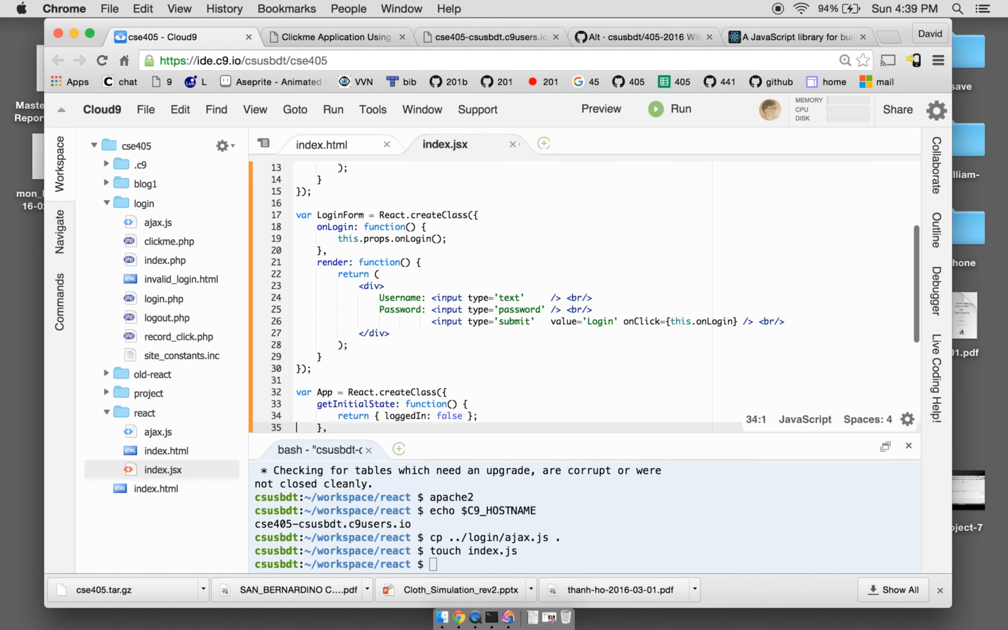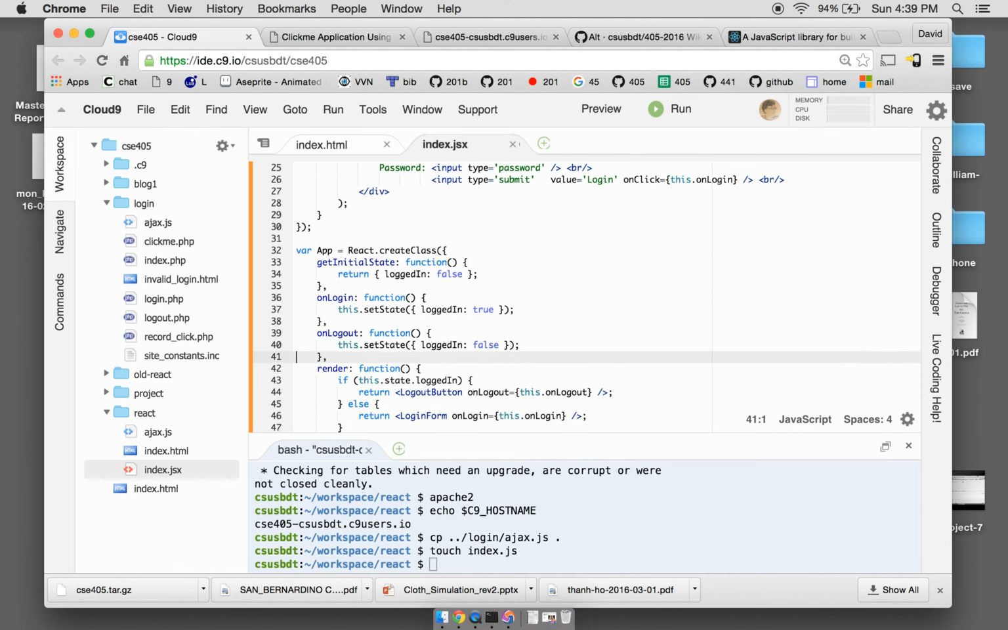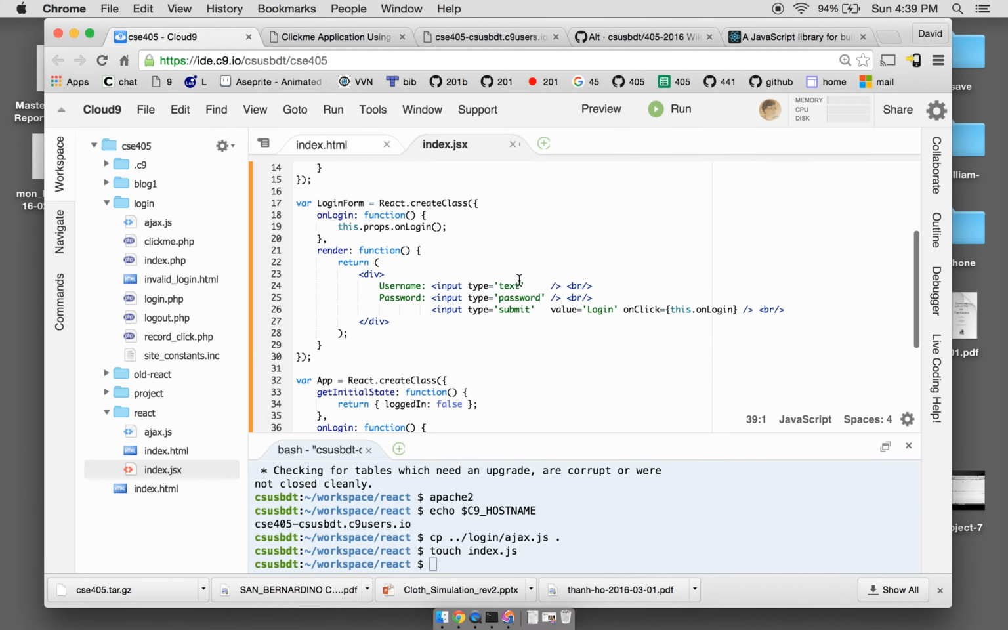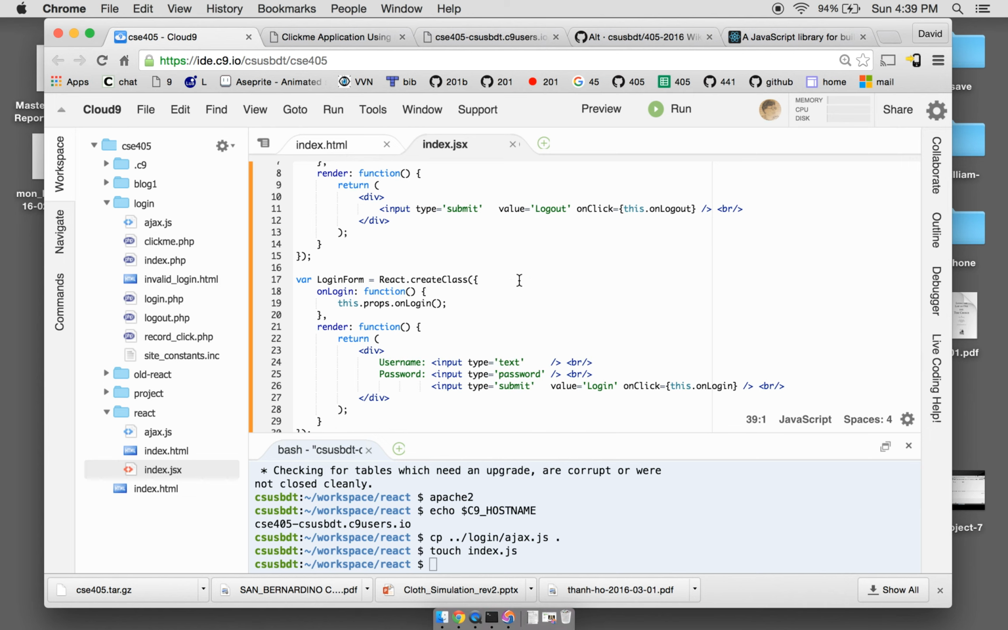All right, let's see if onLogout works. Oh wait, did we fix the function there? Yeah, we did. So on logout, we set the logged in to false. All right, let's see if that works. So we log in and we log out. Look at that, it's working. Now we've got to really hit the web server, right, and get that whole thing working. So I'm going to